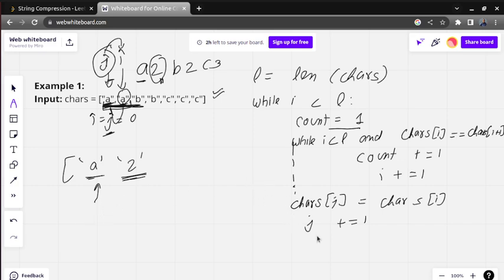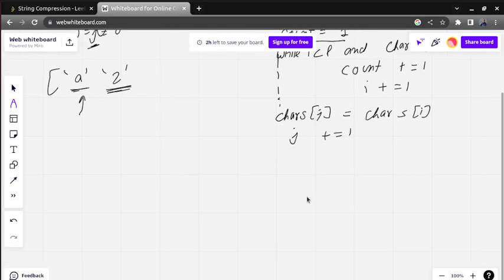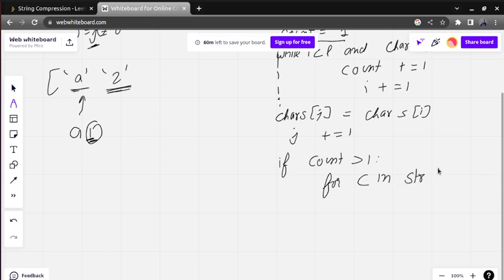So here also what we are going to do, we are going to write a condition. First of all, we are going to write only when the count is greater than 1. As I told you, if A1 is there, we are not going to write 1 in the array. So if count is greater than 1, we are going to write: for C in str of count.